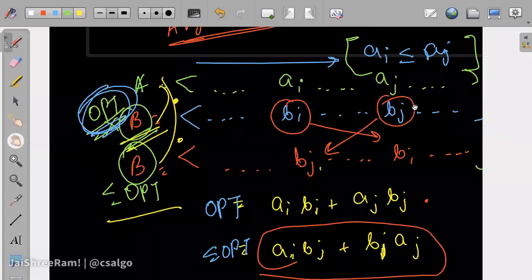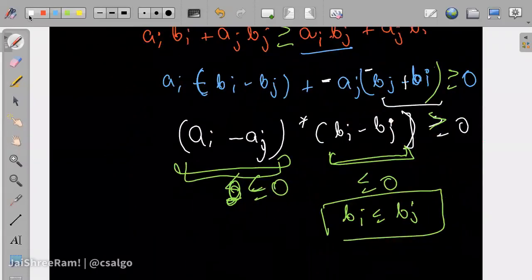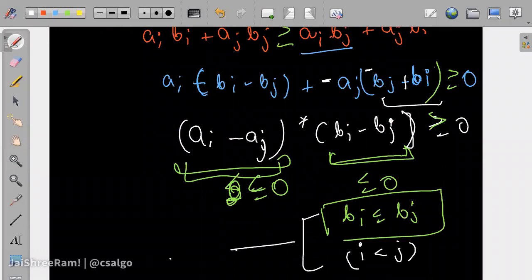So for every possible interaction between two elements i and j, if I have to follow this particular condition, like if I say that in an array i is less than j, and for that b of i is less than equal to b of j, this basically means that the b array is sorted. Make sense?